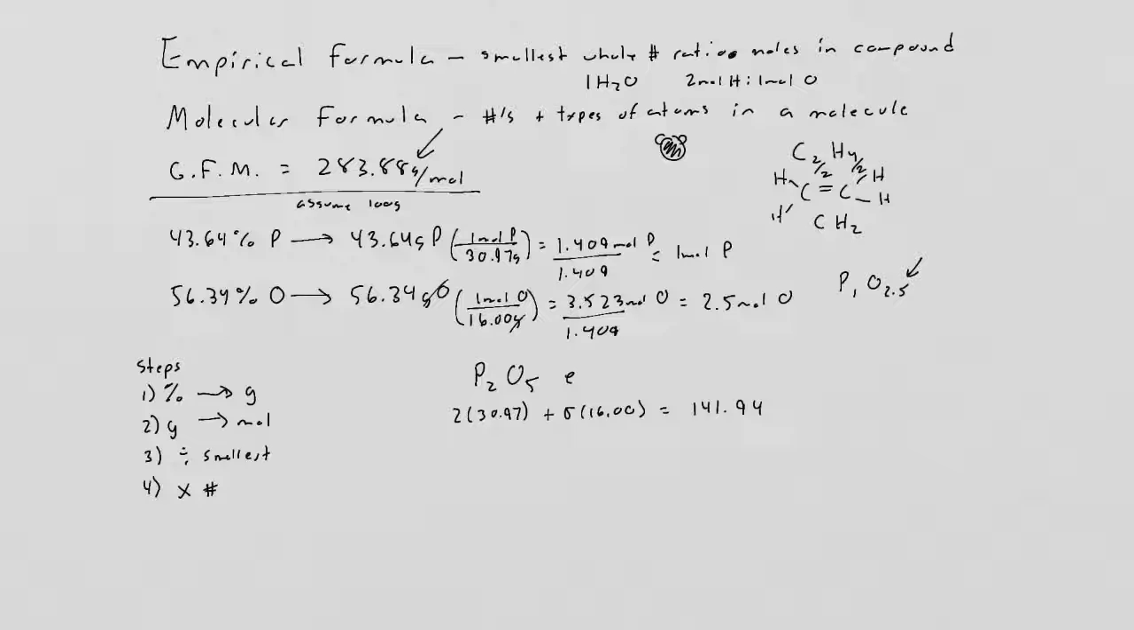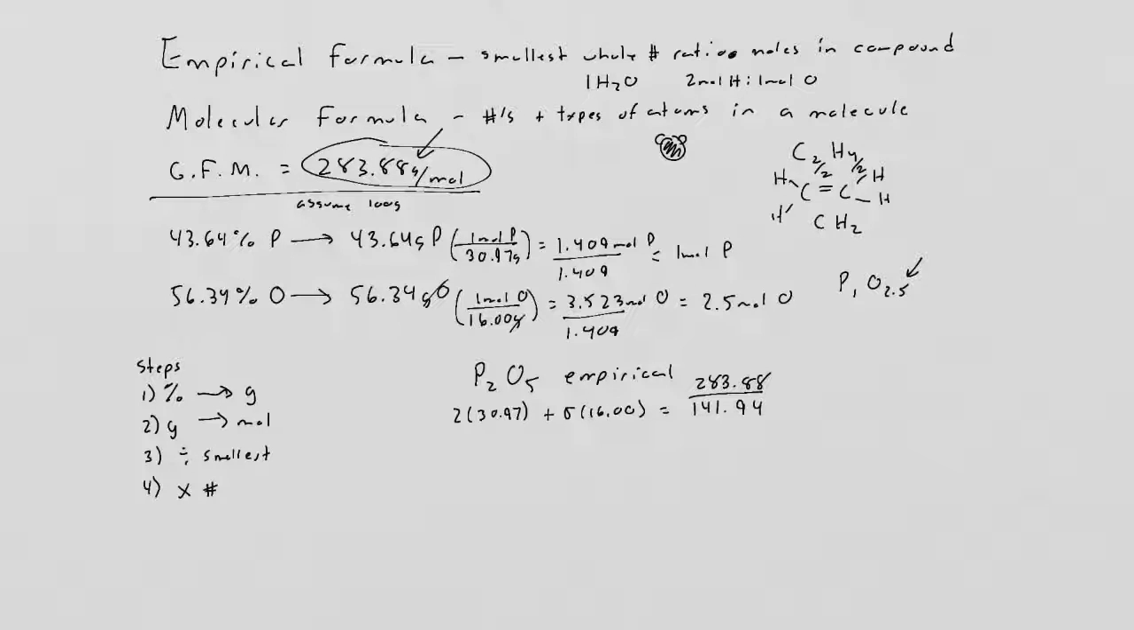So this is your empirical formula. We've got the first step here. We know what that is. We don't know if this is the molecular formula. If it turned out that GFM was 141, that would mean that the molecular and the empirical formula were exactly the same. But if it doesn't match, then what we do is we take this number here and we divide it into the bigger number, which is the gram formula mass. We go